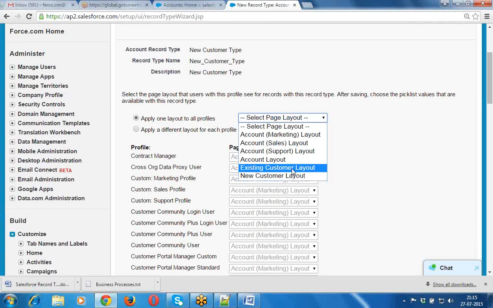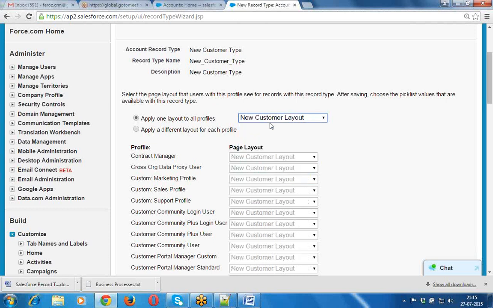This is the new customer record type I'm creating, so this is a new account that we are creating, and it has to display the new customer layout. So I have created a new customer layout which has to be displayed for this particular record type. I have selected this one, so automatically each and every profile will have the page layout called new customer layout.